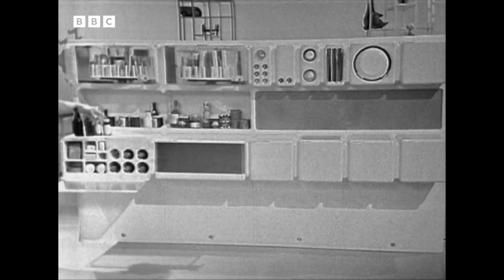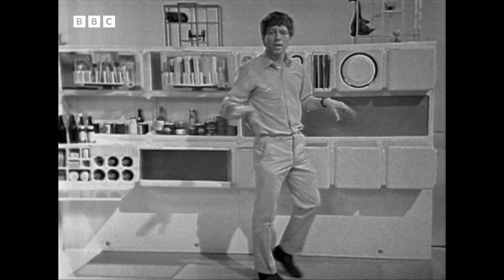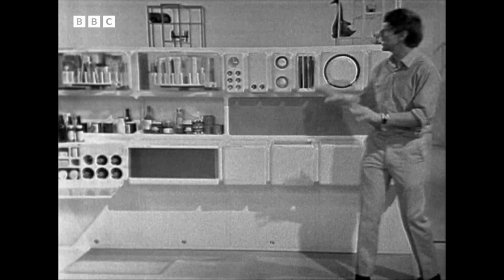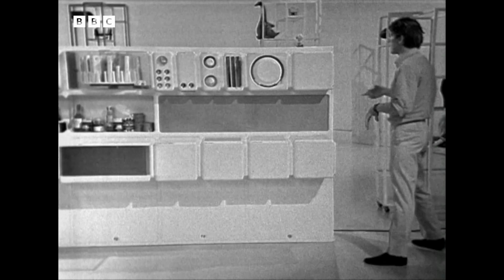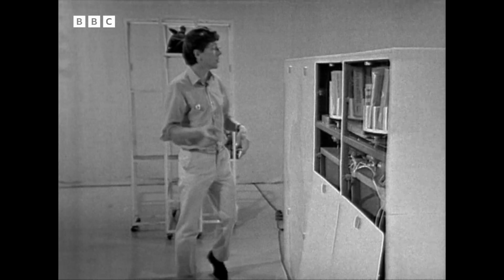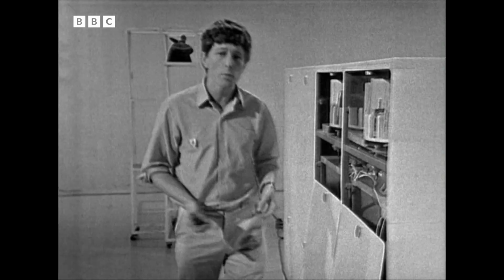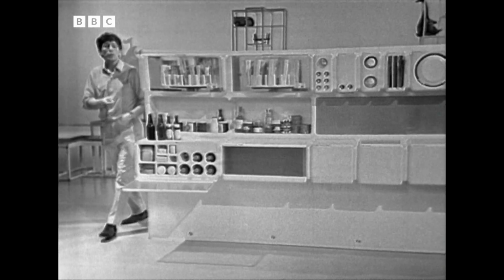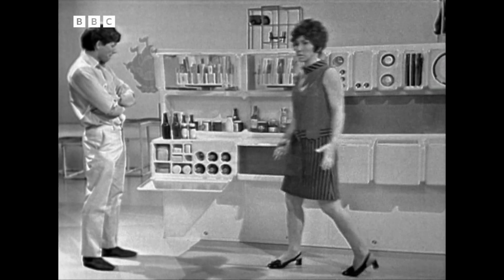It's made out of metal, plastic and glass, and you can either install it all round the kitchen walls, or even better, place it against an outside wall so it can be loaded with food and serviced from the outside. And this would mean you would never have to go shopping, because your grocer and your milkman would have a key to these outside doors, and they could load it with food even if you had gone out. Well, it's a marvellous idea, because it would be very useful if you were very busy and couldn't get out